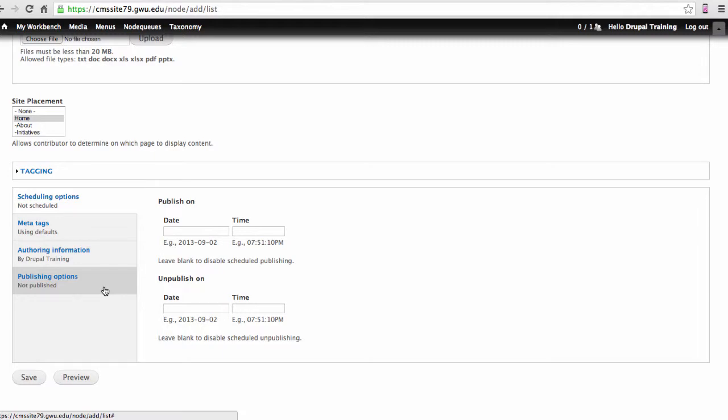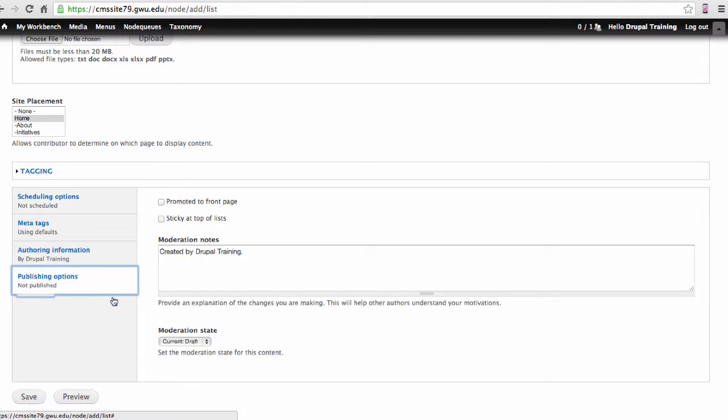If you are ready to publish your repeating sidebar, click the Publishing panel and change the moderation state to Published. Then click the Save button.